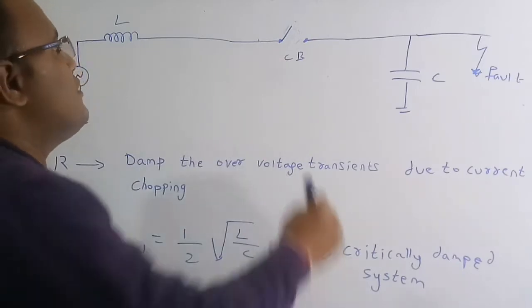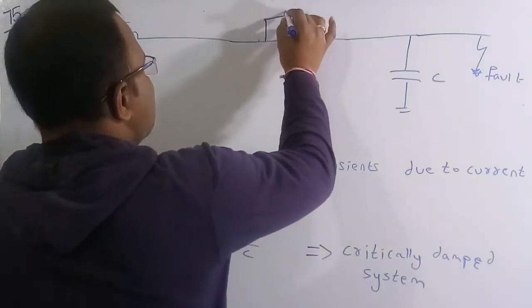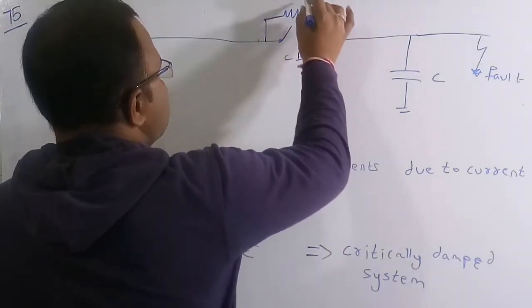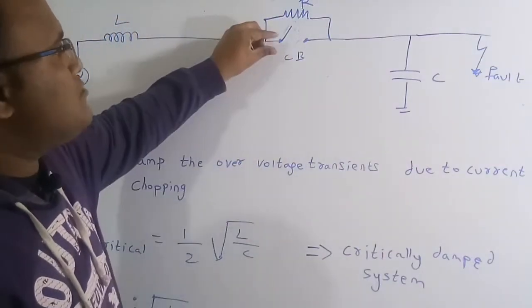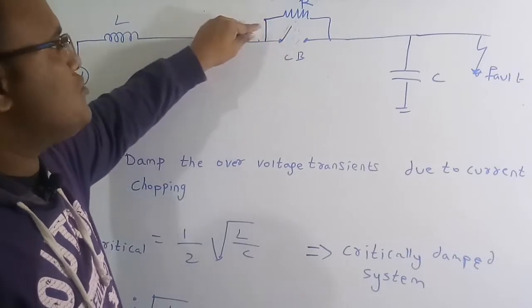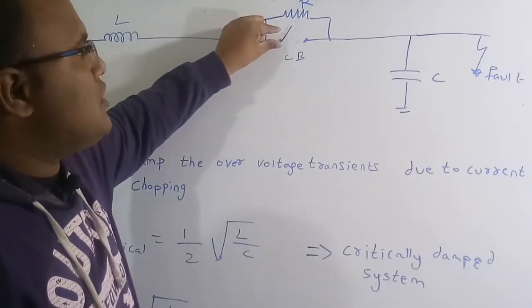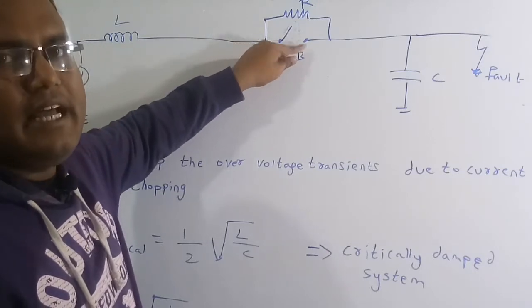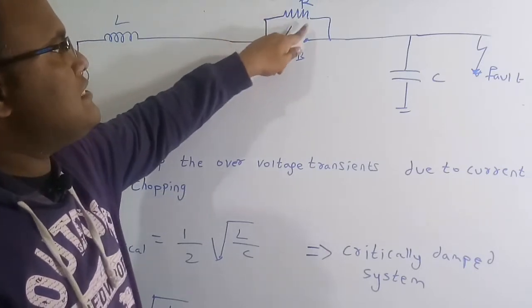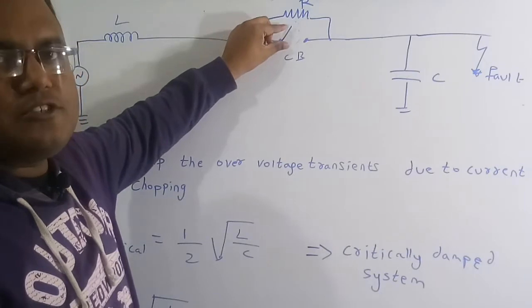For this we are going to use an external resistor. This resistor we connect in a shunt manner with respect to the contacts of the circuit breaker. Because of this, a small amount of the extra current can pass through this resistor. So now only a small amount of arc is produced across the circuit breaker. See, if you connect a shunt resistor, now the arc is going to split into two parts.